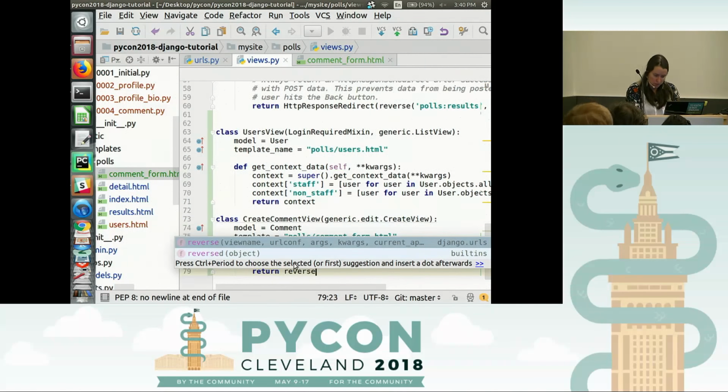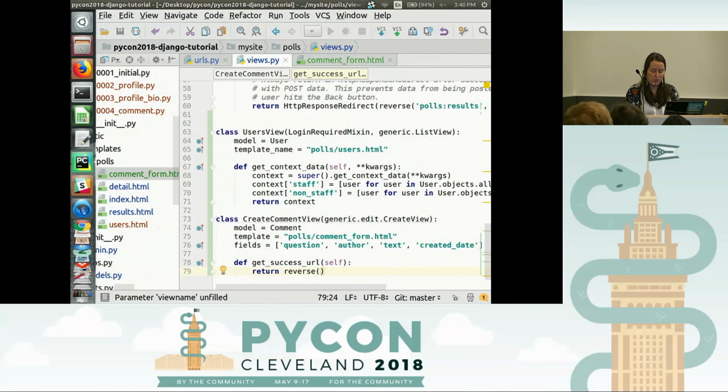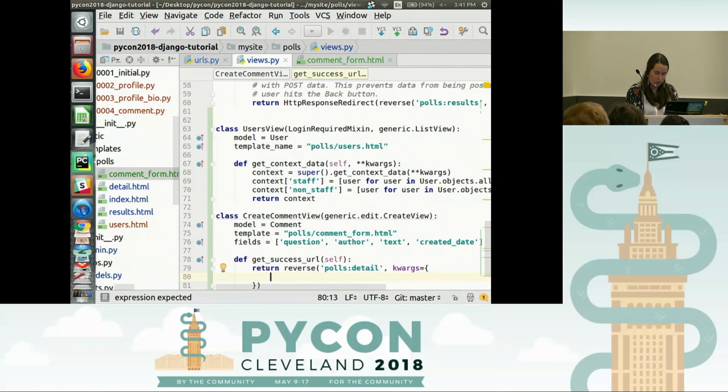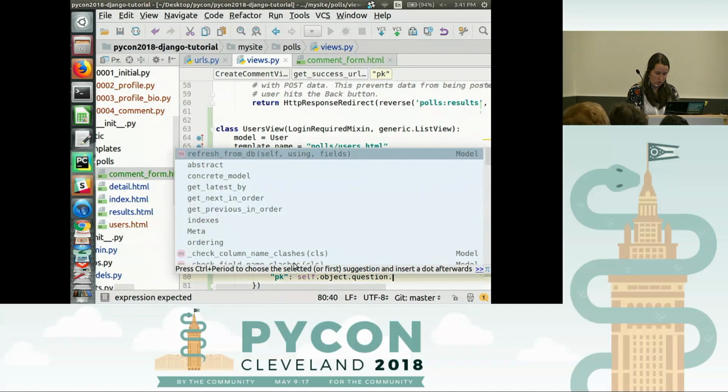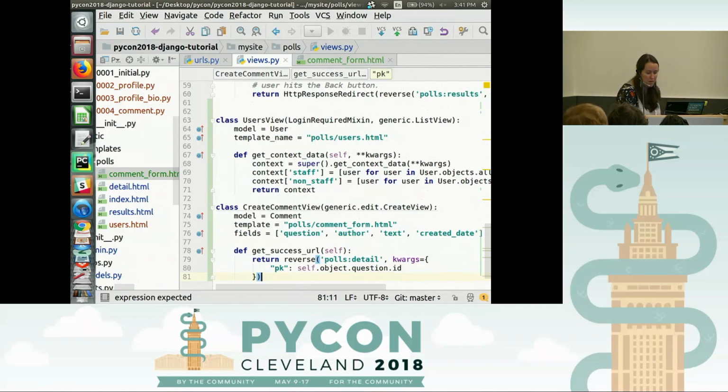And you can use reverse, the reverse utility in Django, to specify which view you're looking for. So we want to go to the detail view of the polls. And we want to pass in the ID of the poll that we're going to. And the kwarg we want is the pk: self.object.question.id. And so what's happening here is